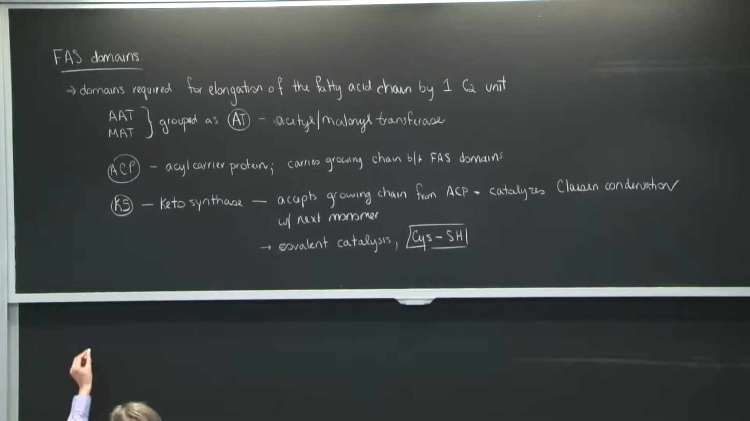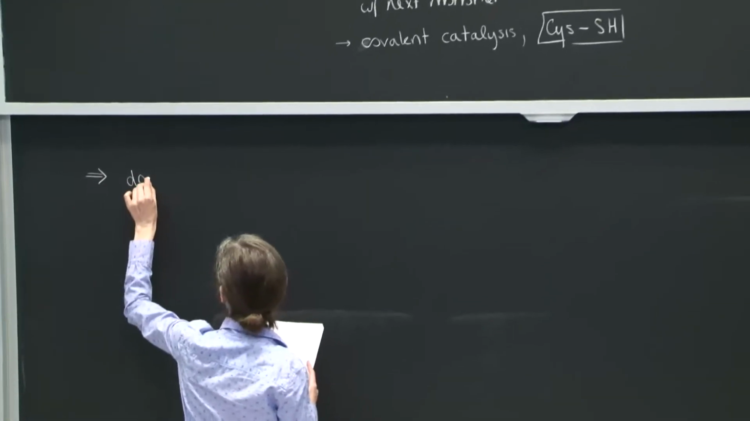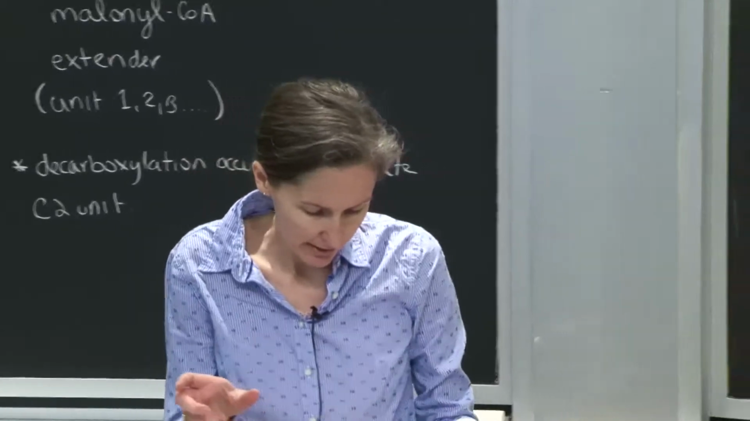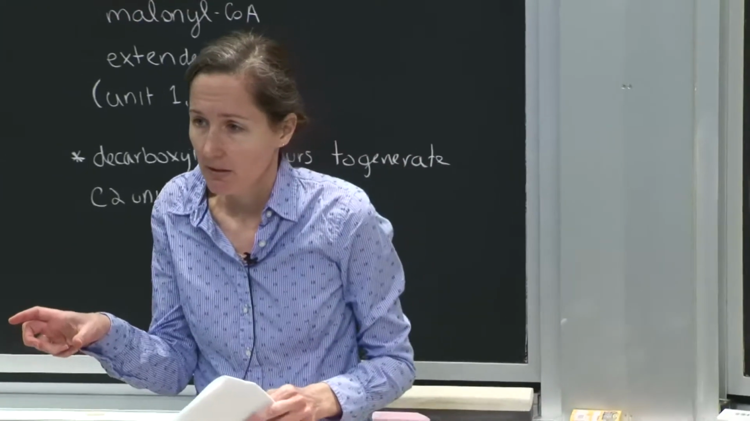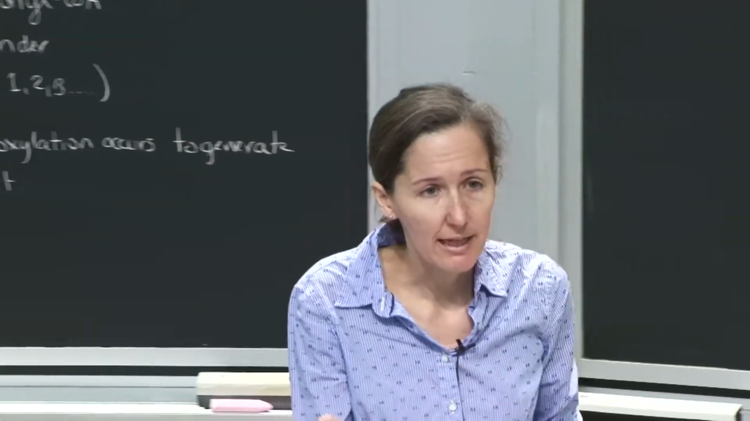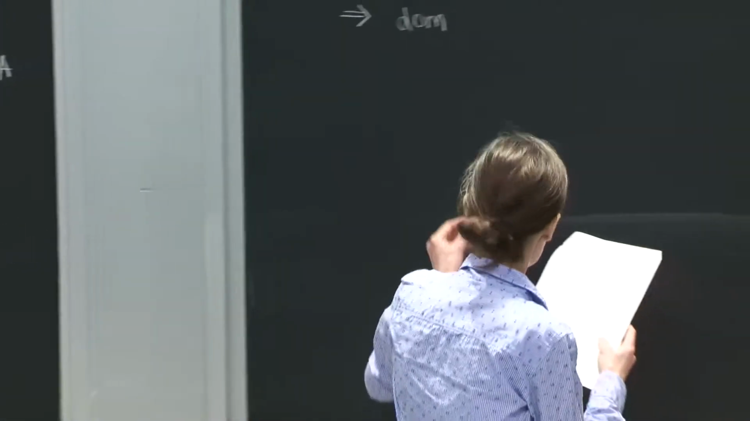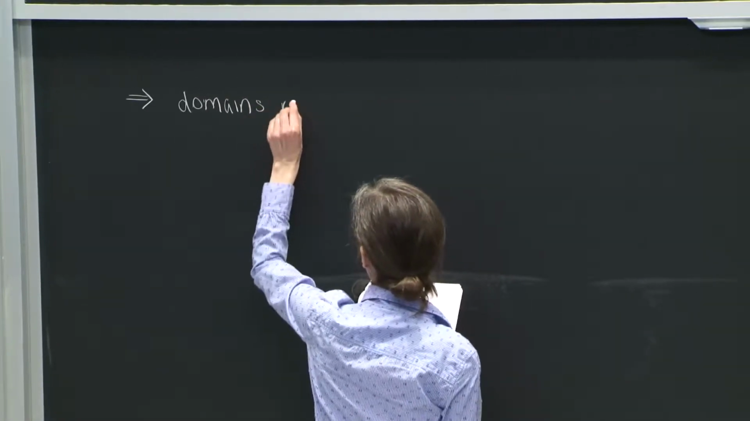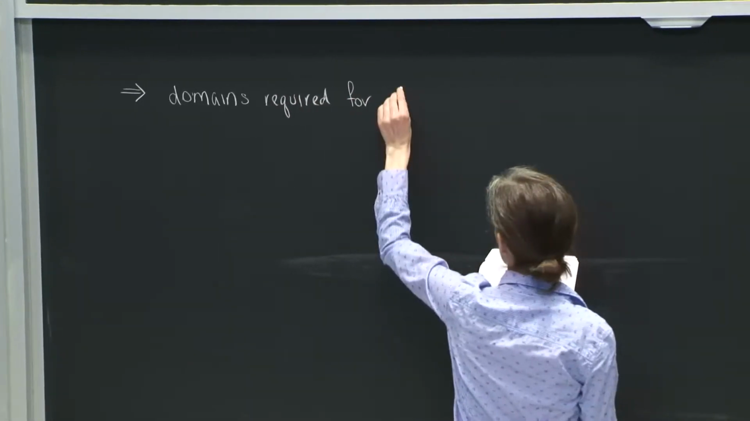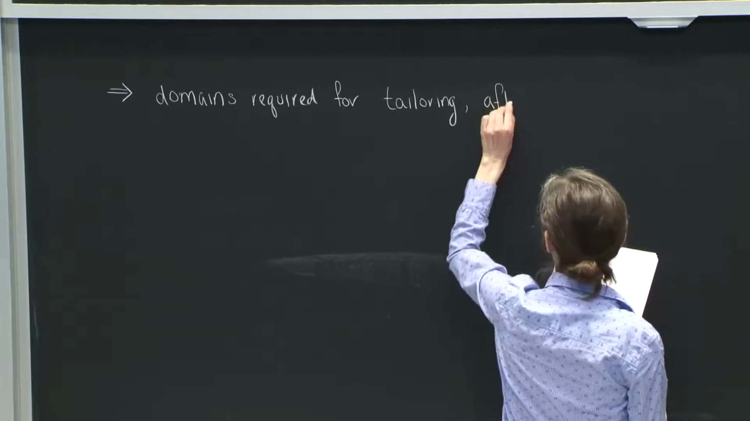And then what we also need are domains required for tailoring. And just to clarify, I'm defining domain here as a polypeptide with a single enzymatic activity. So domains can be connected to one another, or they can be standalone in different types of synthases. But domain means polypeptide with a single enzymatic activity. So what are the domains required for tailoring? These work after addition of the C2 unit